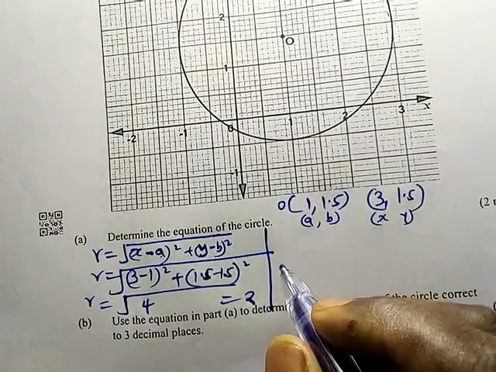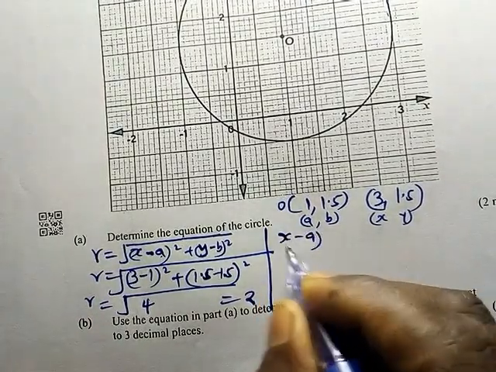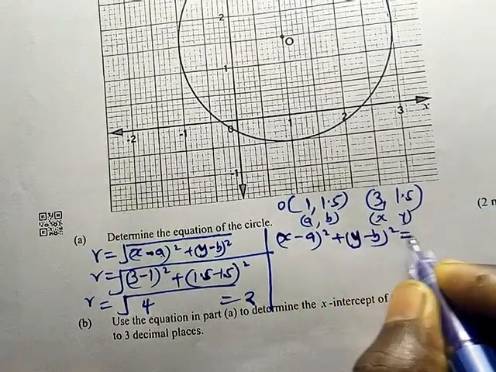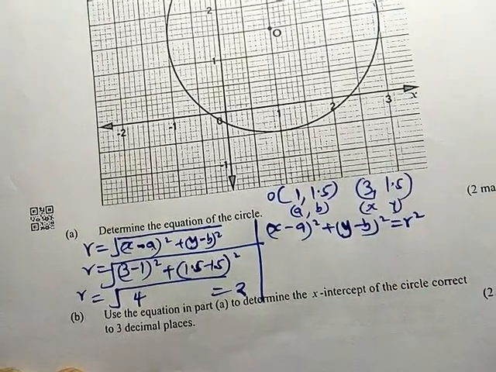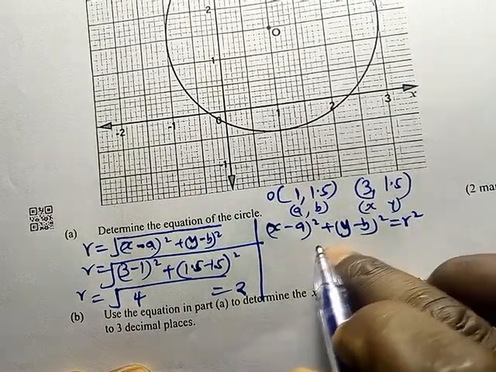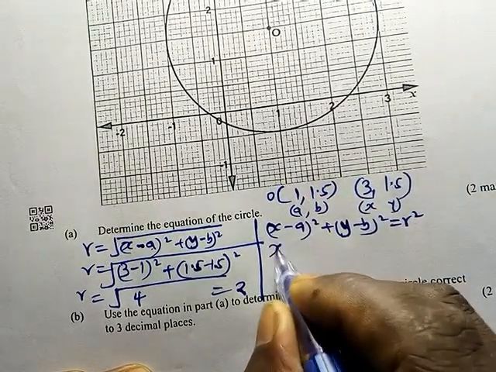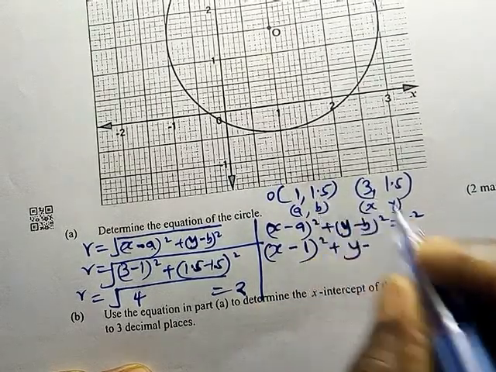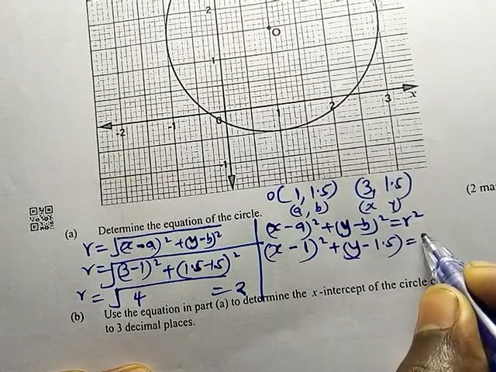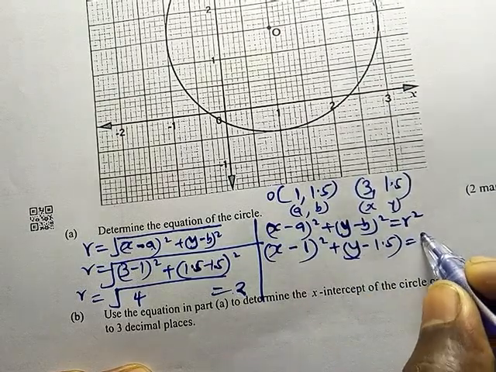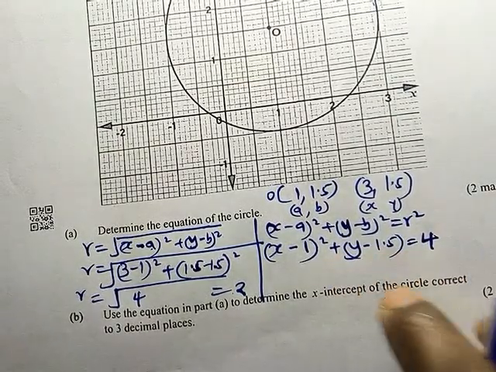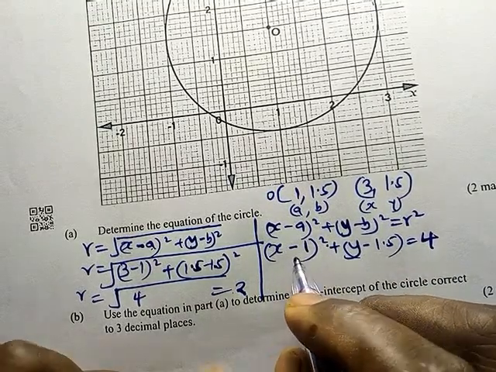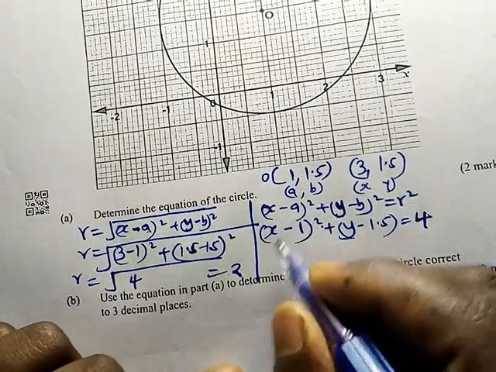But we know the general equation is x minus a squared plus y minus b squared equals r squared. That is the equation. Now we substitute the values that we have. This is going to be x minus a, which is 1, squared, plus y minus b, which is 1.5, squared, equal to r squared, which is 2 squared, that is 4. This is the equation of the circle, which we can open. If we open everything here, because the space is not enough for me here, I will just write the final